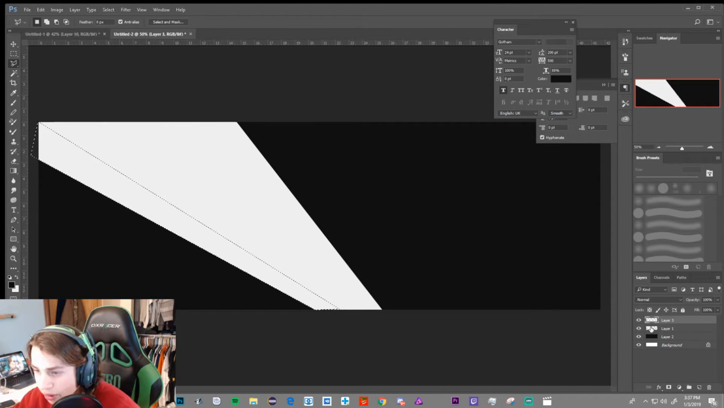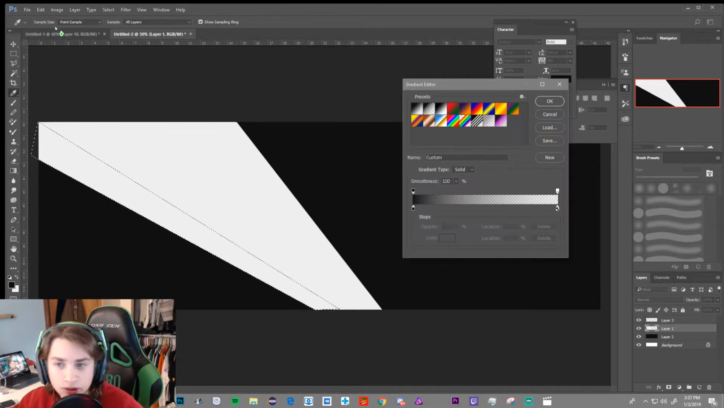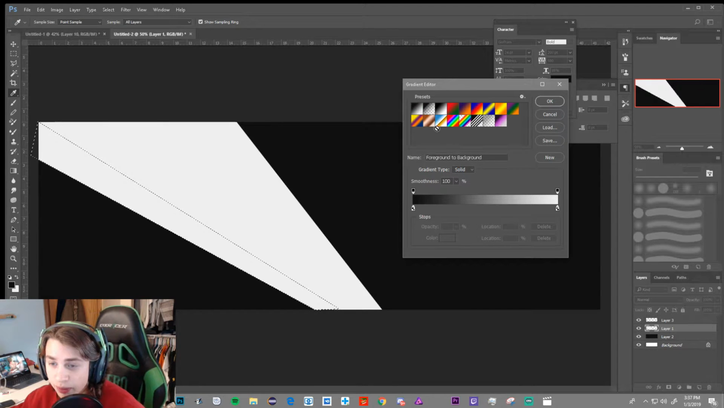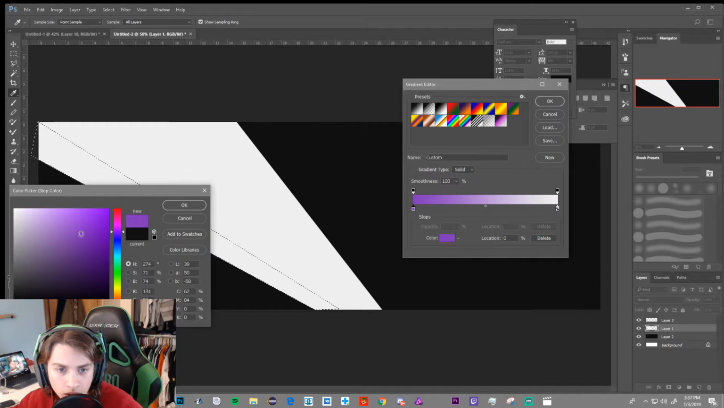Make a new layer above the white layer, and let's go to our gradient tool. And over here, we're going to click the gradient tool. Click up in this corner, and you'll probably see foreground transparent. Oh my bad, we're going to click regular foreground to background, and we're going to click on this, and we're going to get our colors that we want to use. I'm going to go back to my purple, so we're going to get a real dark purple in here,